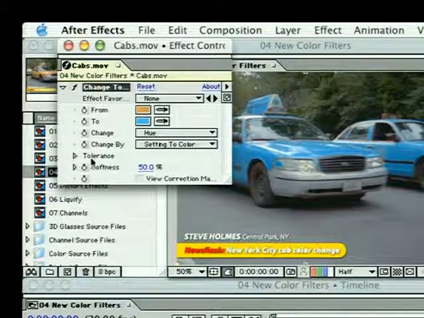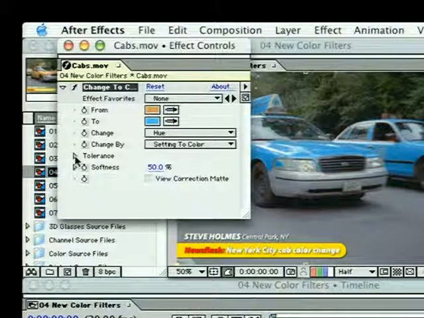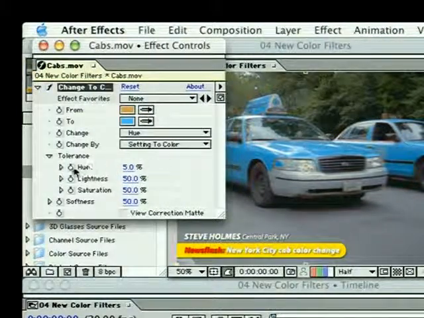Now the tolerance value here is obviously very important. This is how much of the color is being adjusted. So if I drop that down, let's just pull out to the side a little bit, we can see that my hue tolerance is set to 5. So really it's picking up on the lowest 5% of all the yellows in the image and changing that to that new blue. So if I do click on that and drag, you'll see that after a point, we start